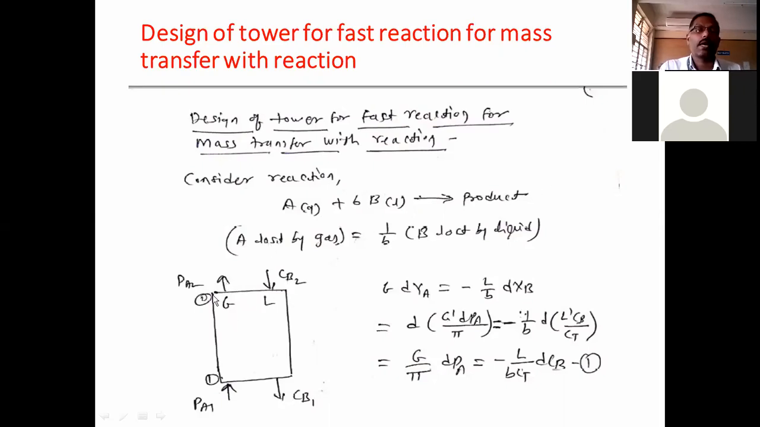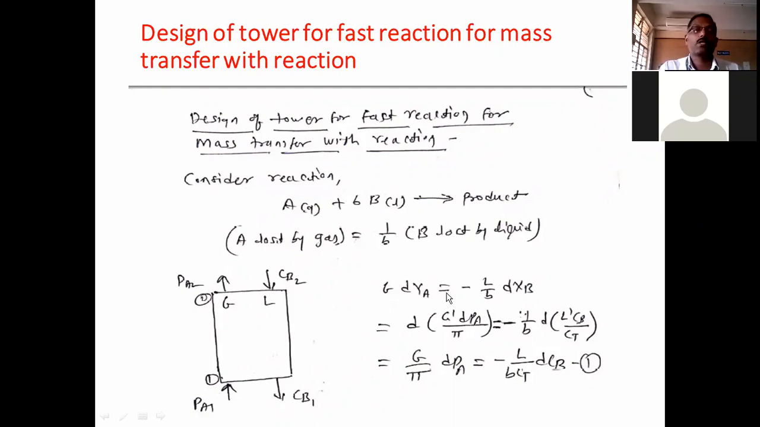So A is lost by the gas. A is lost means it reacts with B. B is also lost, so B is lost by the liquid. That means the rate of reaction of A is equal to the rate of reaction of B, equated by the stoichiometric coefficient 1 upon b. That is, minus RA is equal to minus RB upon b. In the same way, A lost by the gas is equal to 1 upon b into B lost by the liquid. So G into dYA